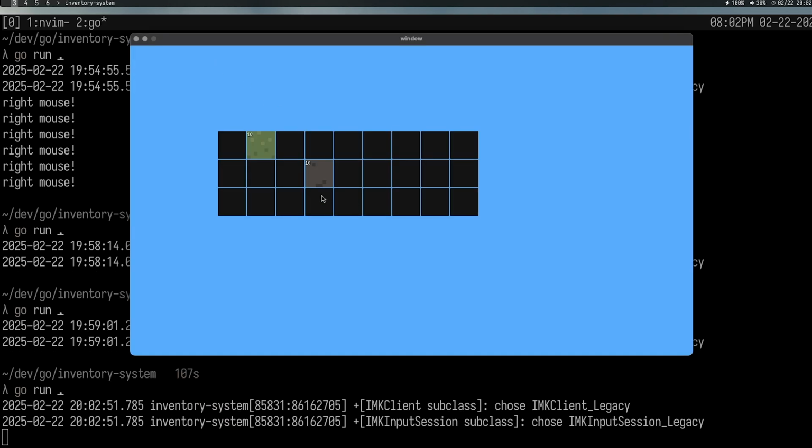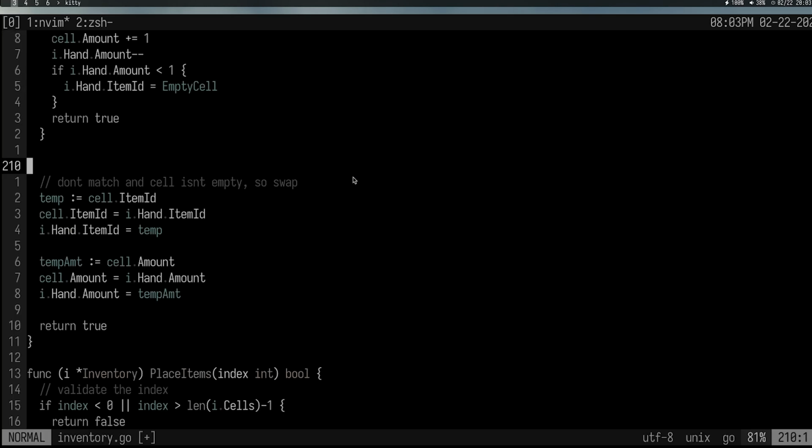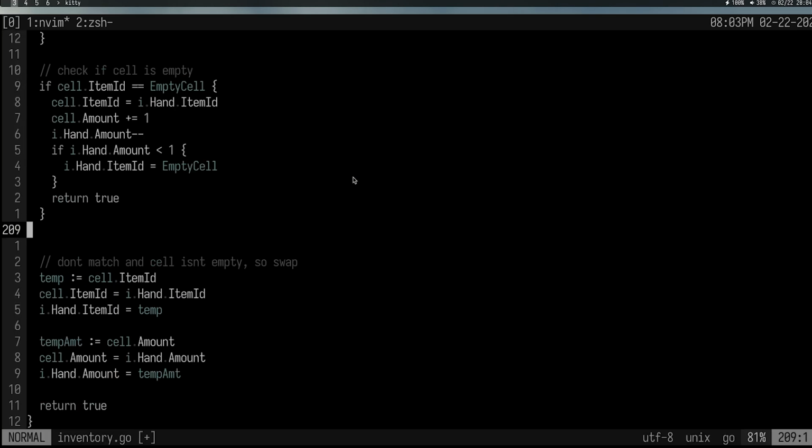So all of the things that we did work great, right? Right clicking here places an item, that's great. But whenever we right click here, it's actually just swapping the hands, which means that we pick up the entire stack. But what's supposed to happen here is that we actually take half of the stack. We actually have to add an extra case to account for this half stacking sort of thing that goes on